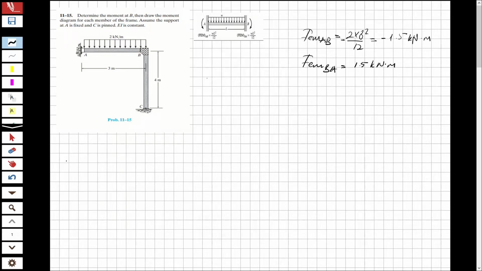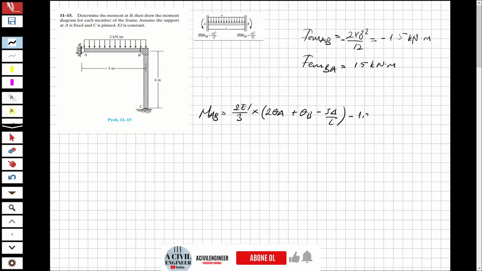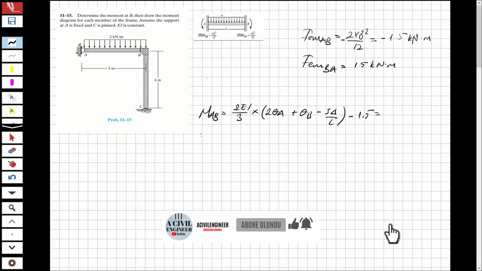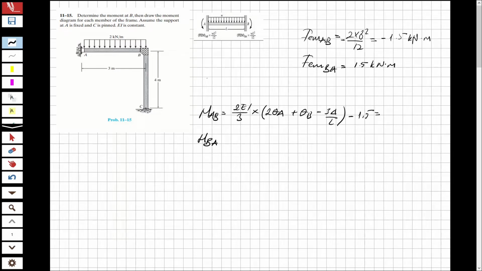Let's write the moment equations. I'm going to write here moment from A to B, 2EI over 3 multiplied with 2 theta A plus theta B minus 3 delta over L minus 1.5. This is the moment equation from A to B. Let's write from B to A. 2EI over 3 times 2 theta B plus theta A minus 3 delta over L